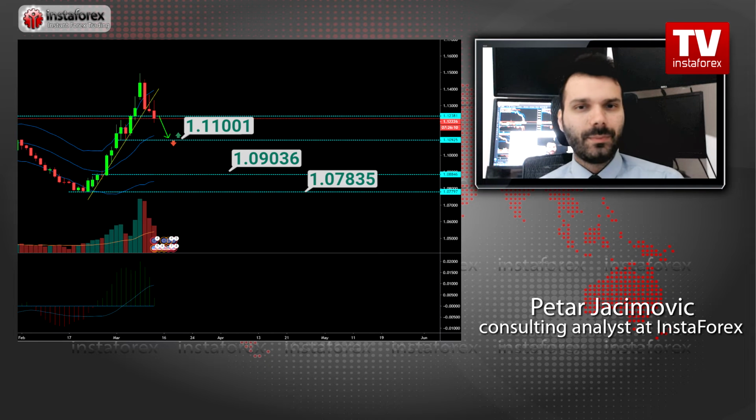This will be the critical pivot point in my opinion, because there is a daily 20 exponential moving average there, and also the consolidation zone from the previous price action according to the daily time frame. So if the price cannot find support there on the 20 exponential moving average around 1.1100, then definitely price can even go to the 1.0900 or even lower. So my expectation is the price will go towards at least that middle Keltner line.